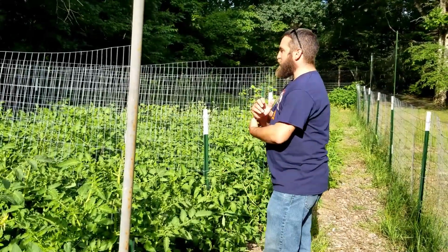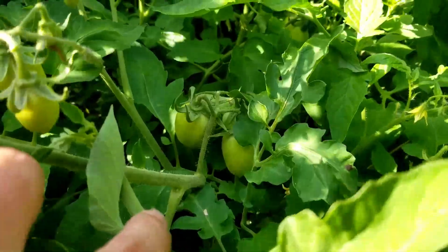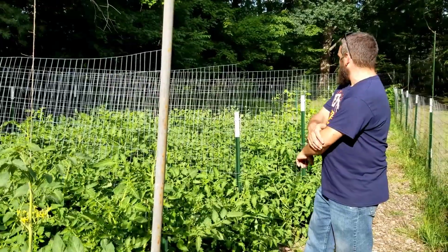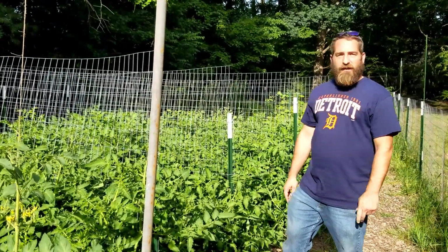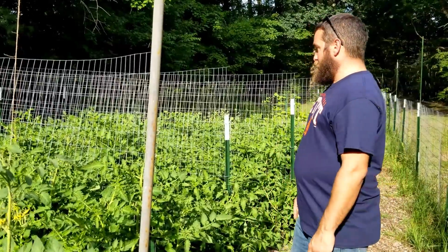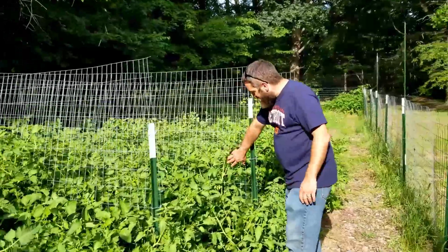There's a lot of tomatoes in here, but we were actually getting lots of fruit coming. There's lots of fruit setting right now, so I'm hoping for a bumper crop. We did lose a few of these tomato plants this year, maybe 2 or 3, out of, I think we planted 110 tomatoes, so they're looking great. They are packed in here, but